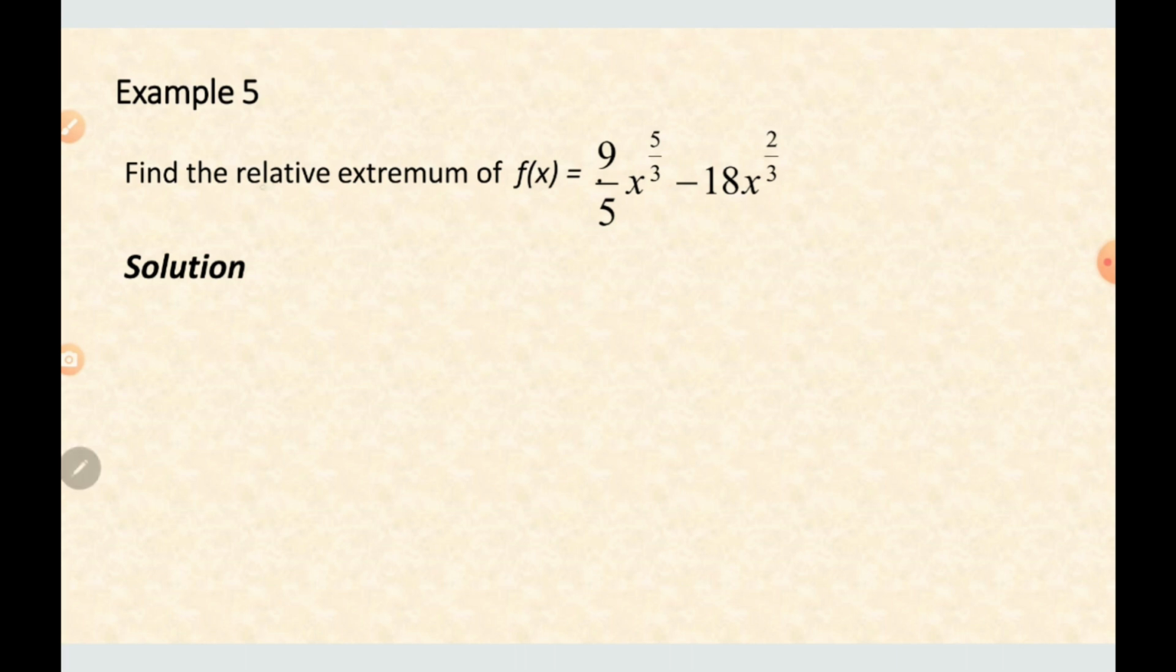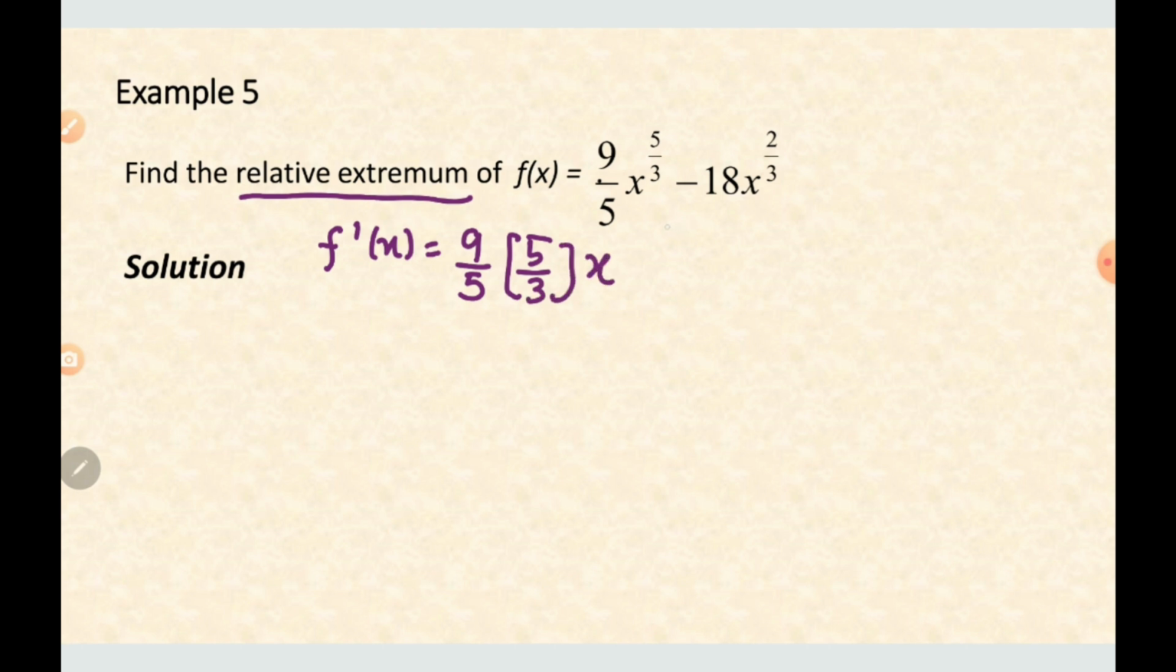So to find the relative extremum means it's either maximum or minimum. So you need to do the first derivative test here. Okay, so firstly you need to find out what is f prime x. f prime x equals 9 over 5 multiplied with 5 over 3